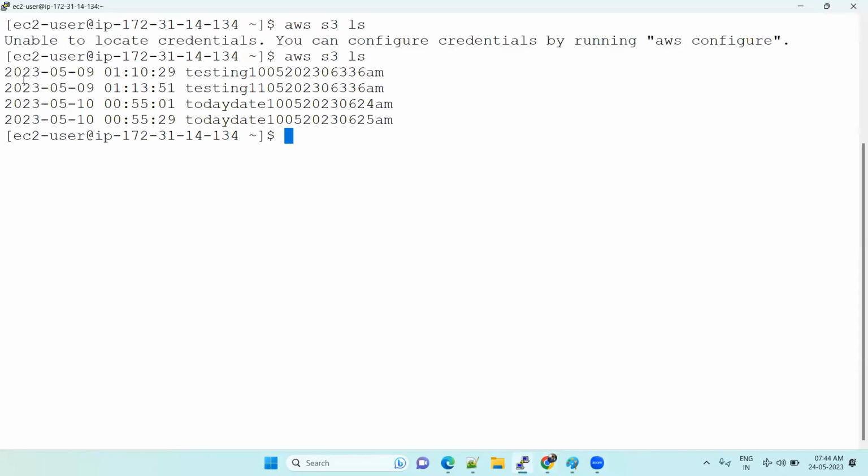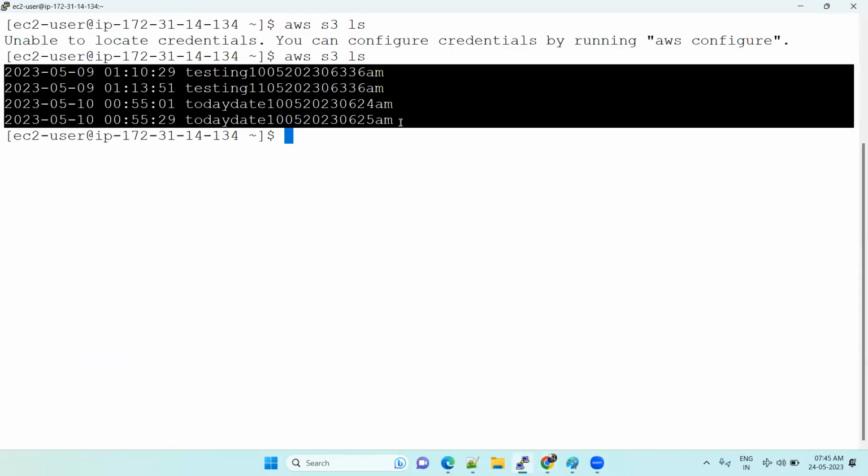We got the S3 information. How did we get it? We have added one IAM role to the server. In that role, we are telling it to get the full permissions of S3. I want to communicate to S3, so the destination will be S3, and I will get the S3 information. So if you go to the server,